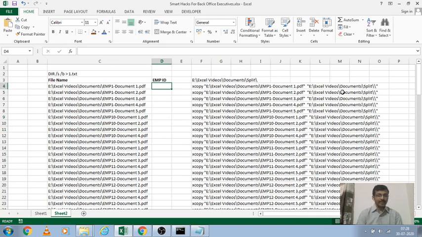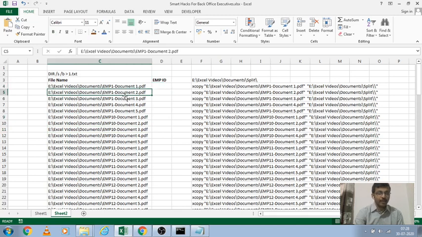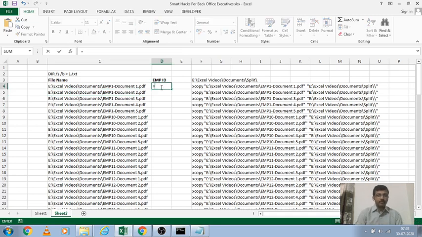To segregate, we have to analyze this file name structure. Here everywhere EMP1 is followed by a hyphen. For this, you can use the MID command. MID starting point should be EMP.